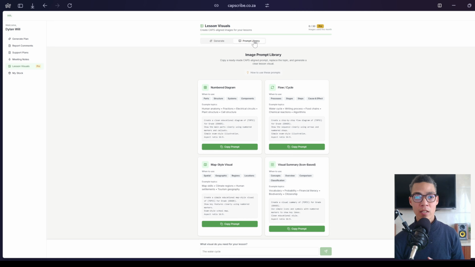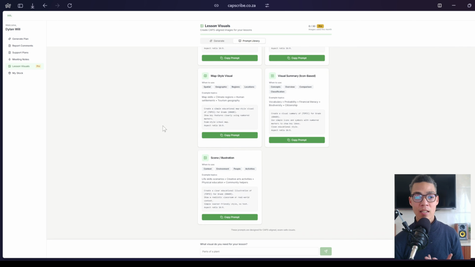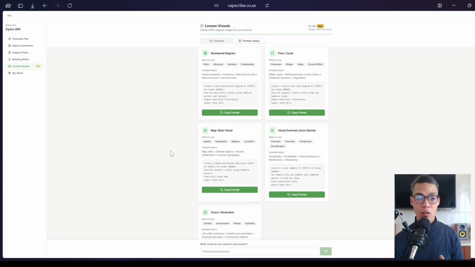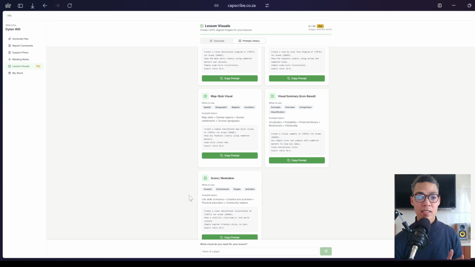And then over here, if you toggle this tab, it will open up the prompt library. And over here are already built-in prompts that you can use. These prompts are specific to generating specific styles of images, like for example diagrams, flow charts or cycles, map style visuals, visual summaries, and even scenes or specific illustrations, whether